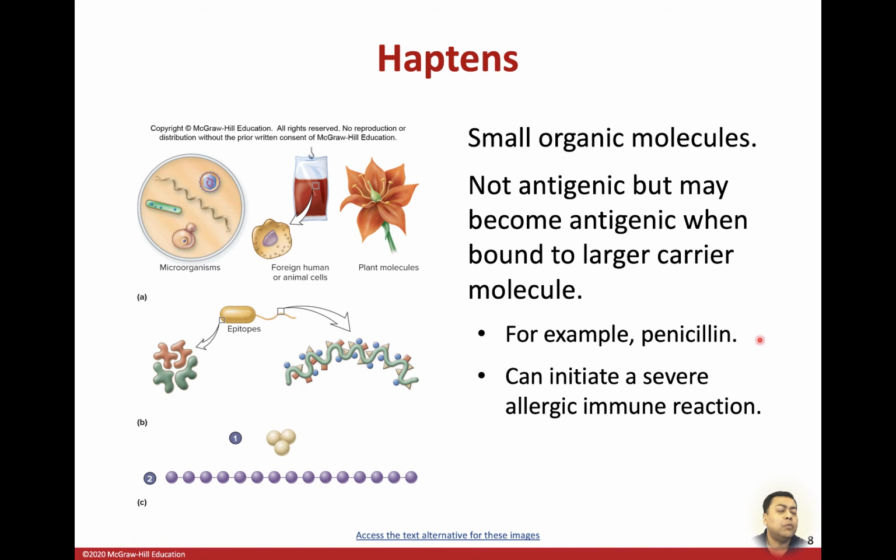And why will this happen? Because for some particular patients who are allergic to that particular hapten, here that's penicillin, it will react to some of their skin proteins, and this is just their makeup of skin proteins, slightly different from other people. And once it binds to those specific types of proteins, it will lead to a severe allergic immune